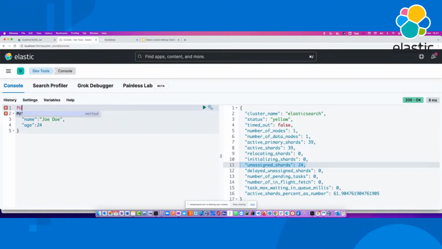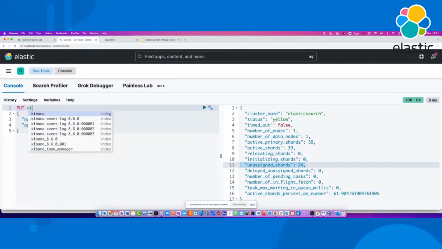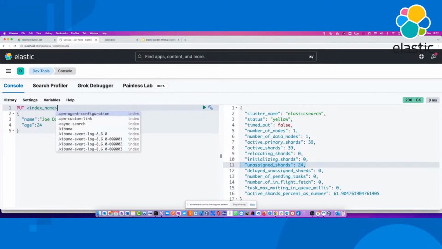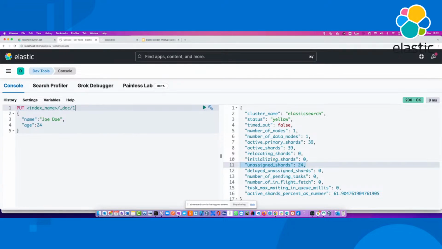So I want to use a RESTful interface, so that means you are expected to use the HTTP action verbs, right? So in this case, it is PUT, or you can use a POST as well. I'm just going to use a PUT, and I need to give an index name. In that index name I need to put a document called something underscore document with a particular ID. So let's say the ID being 1.